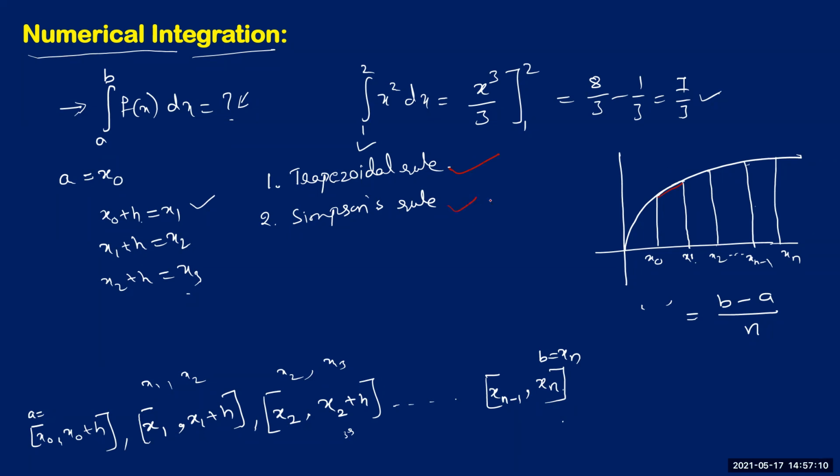And in Simpson's rule, you see the same thing. We do this in each subinterval. In each subinterval, we approximate the original graph by a straight line, which is a linear curve. But when it comes to Simpson's rule, instead of considering this original function, in each subinterval they'll approximate the original function by a parabola, a second degree curve. That's how it leads to what you call Simpson's rule. Geometrically, this is what happens in Simpson's rule.